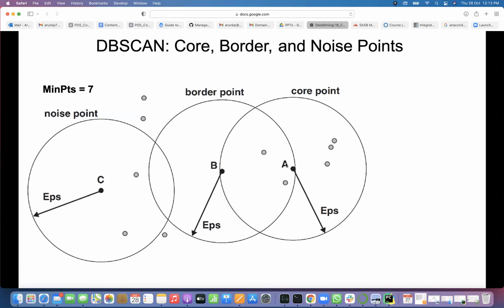Yes. So we will take that core point, then all of its neighborhood points. The neighborhood is nothing but the points falling inside this EPS distance. All of them we will assign to cluster 1, because the cluster with this core point is identified as cluster 1. All those points falling within the EPS distance, we will assign them the same 1. Means all these 7 points will get 1, 1, 1, 1, means they belong to cluster 1.